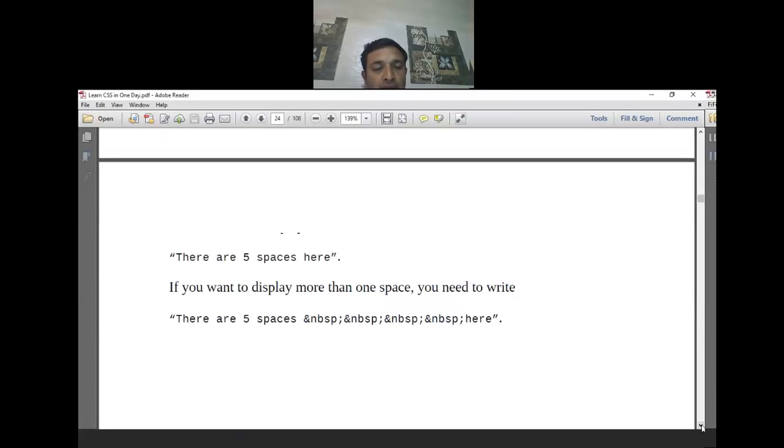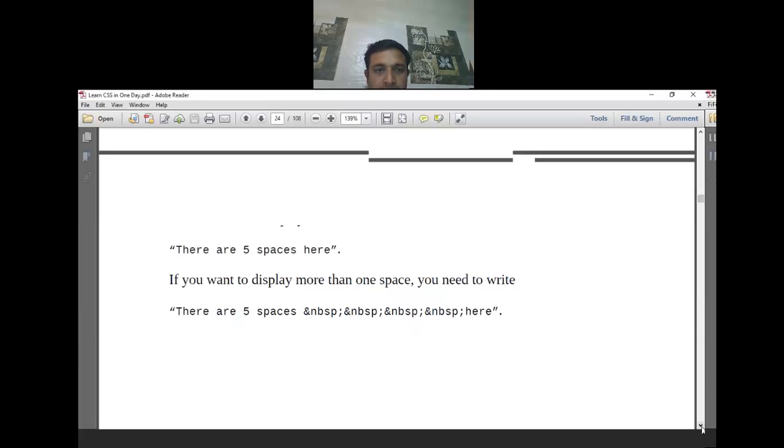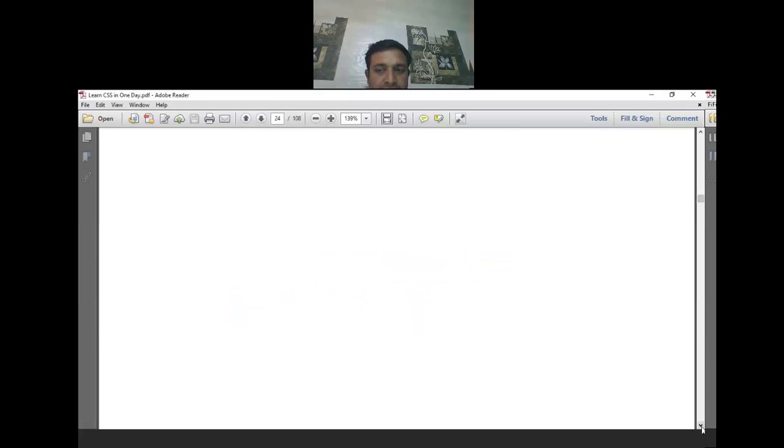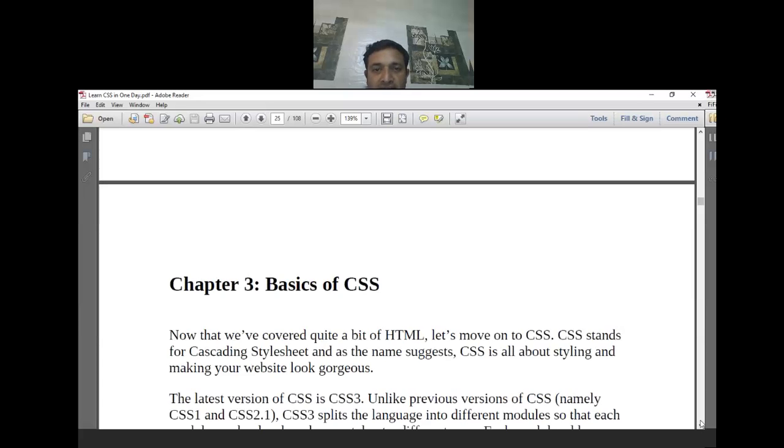Sometimes you need to leave a margin, right hand side or left hand side, or give some proper details. It should not be just left aligned or right aligned, something like that. Then you can use that space. So till now we have seen some additional tags, and some characters which are basically reserved characters. Now we will start with CSS.